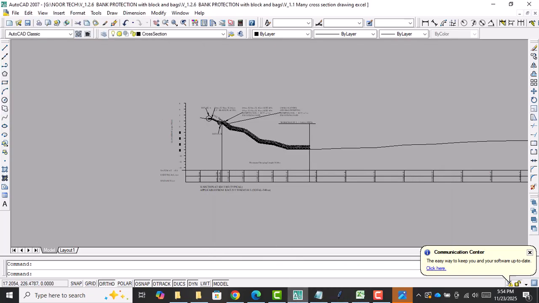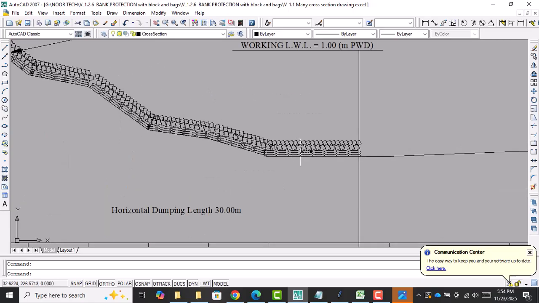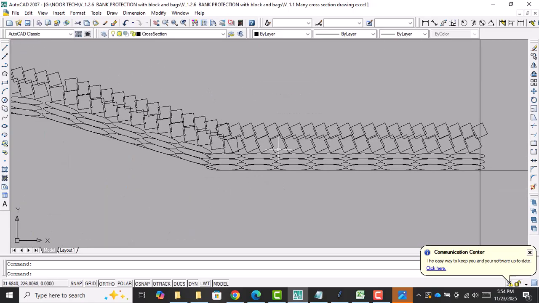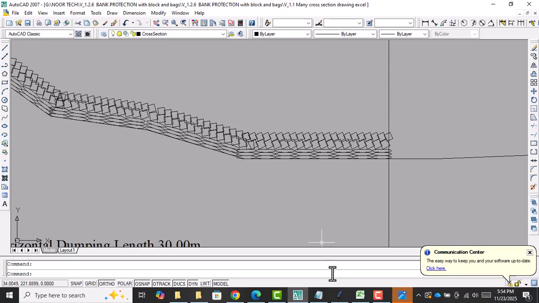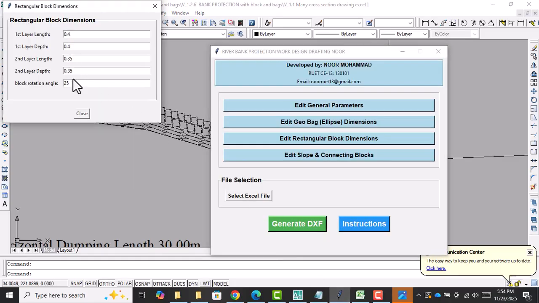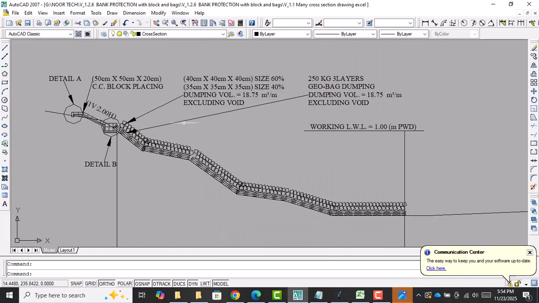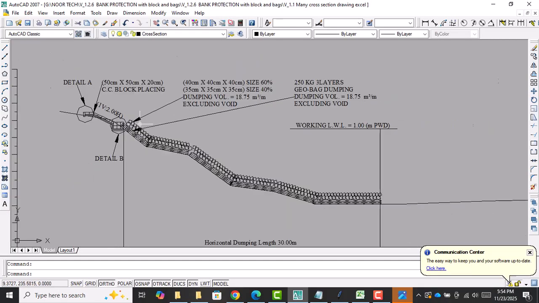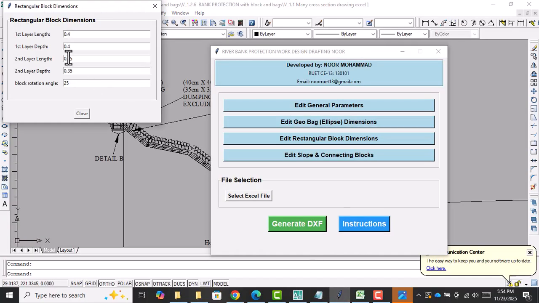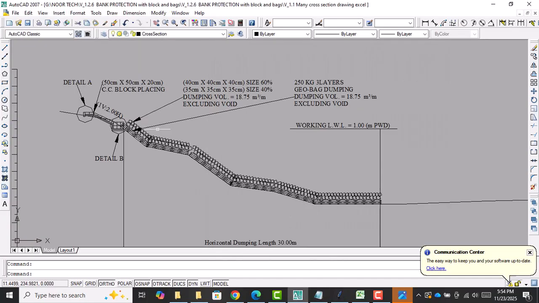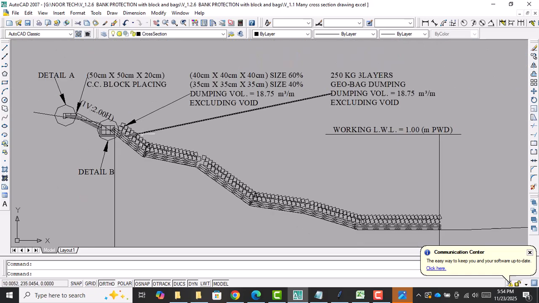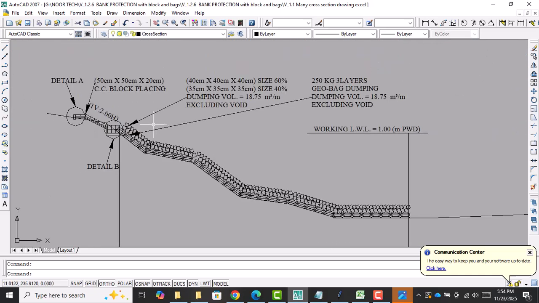Here I want to show you, this is a kind of block, 2 layer. If you want 1 layer, you can choose 1 layer and keep this second layer 0, 0. And what this 0.4 means: 0.4 means 40 centimeter by 40 centimeter by 40 centimeter kind of block. And as we inputted 0.35 for the second layer, it also introduces the second layer, and it automatically marks